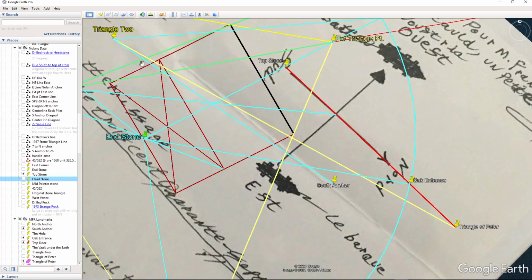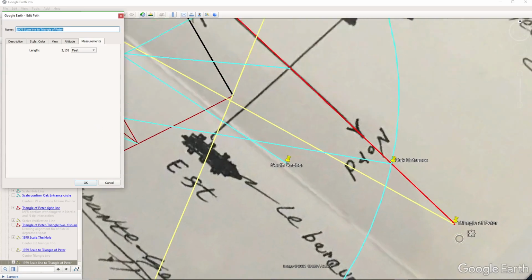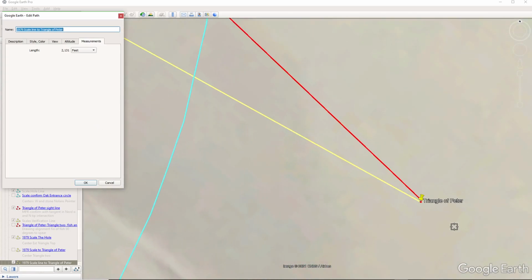And this yellow distance, okay, can only meet, if you draw a circle, there's not too many places. It really has to meet right there. So in order to be this distance, its measurement is 2,131 feet. So it's within 1 foot, and it's hard to get these things exact, but anyway,